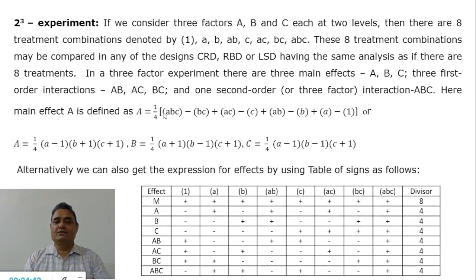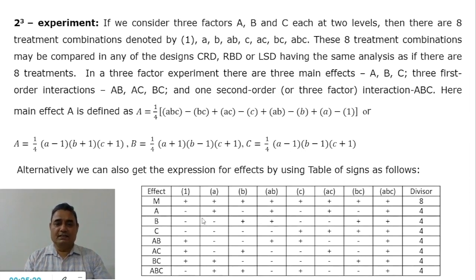So the main effect of A is defined by this expression. Since we want to estimate A among 3 factors, A is minus 1, divided by 4, and the rest is plus 1. If we want to estimate B, then A plus 1, B minus 1, C plus 1. It is not C, it is AB actually. This is not C, that was AB, because A minus 1 and B minus 1, both are minus 1, that means AB, and C is plus 1.